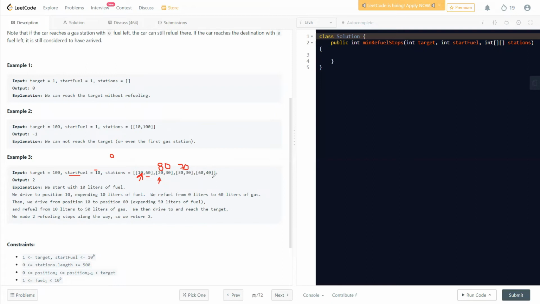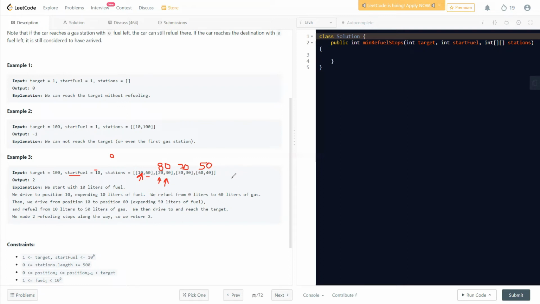So with this 10 miles and the further petrol we got, like the fuel we got is like 40, so 10 plus 40, we can reach an additional 50 miles from here, right? So the idea over here is, can we reach the station? If we make a stop at this position, fine, like in this particular case you can see a